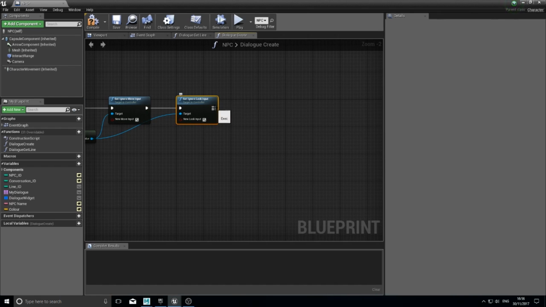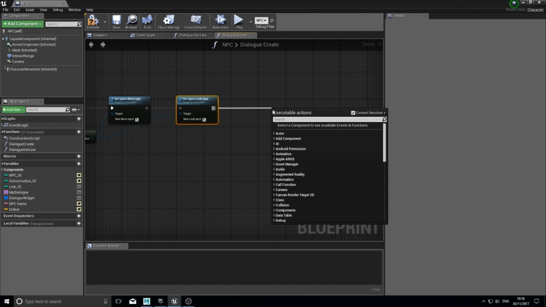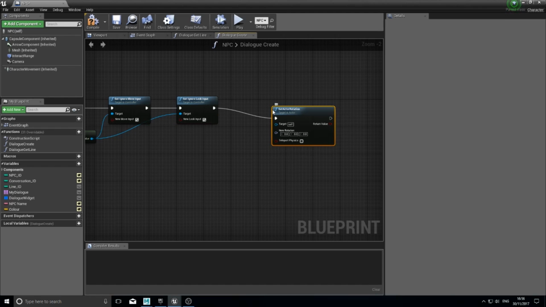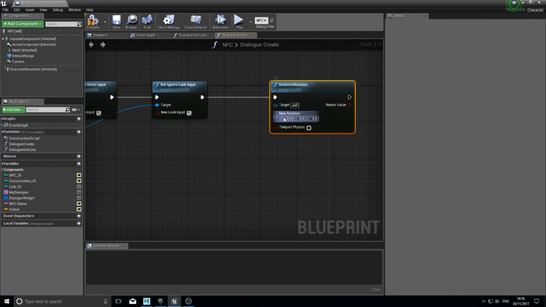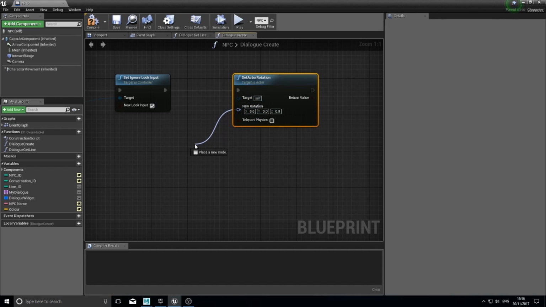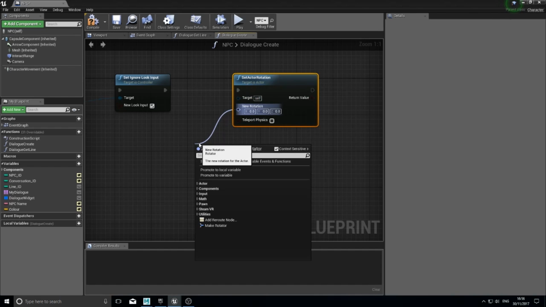So to get two actors to face each other, we want to change its rotation. So set actor rotation, and the actor we first want to change is this one, so we can leave it as self, and its new rotation is here. So the new rotation, you come out and get find look at rotation,